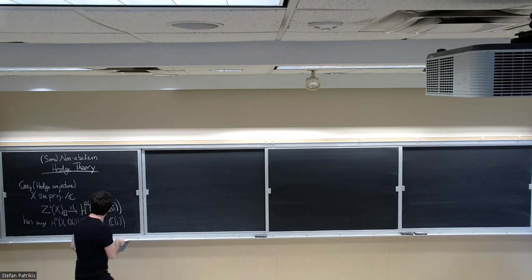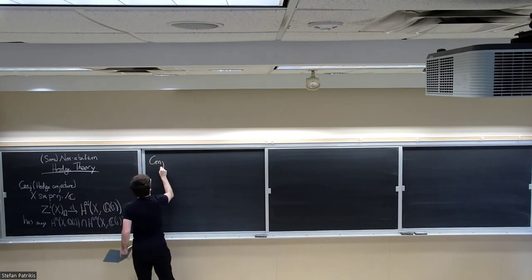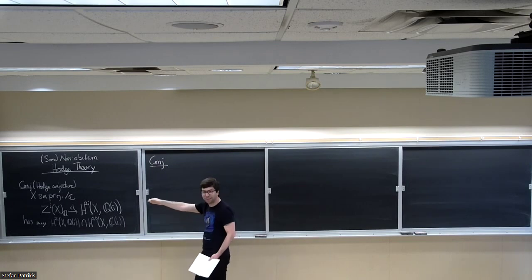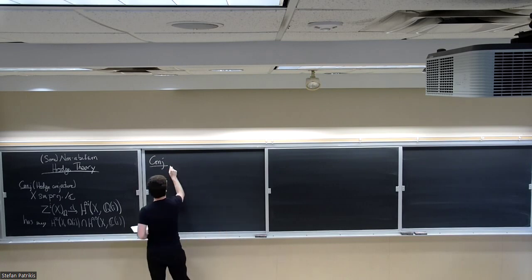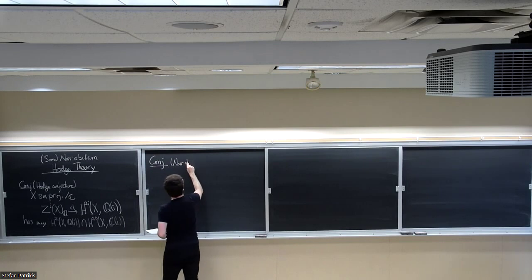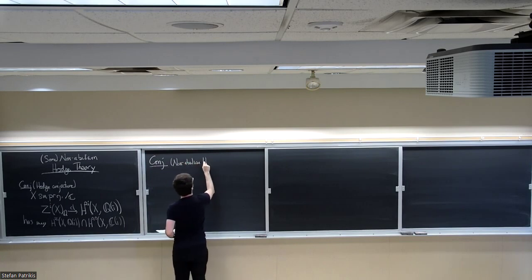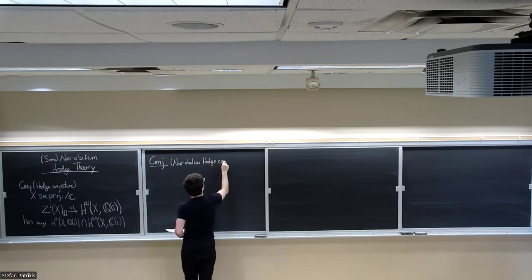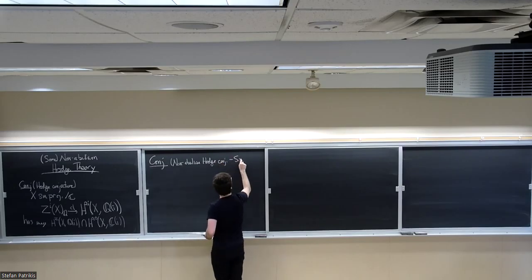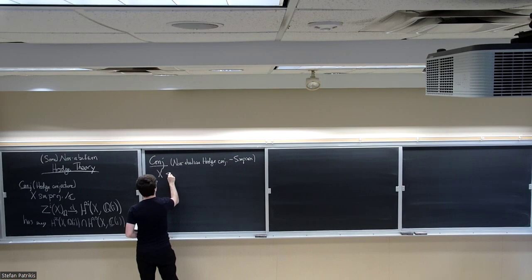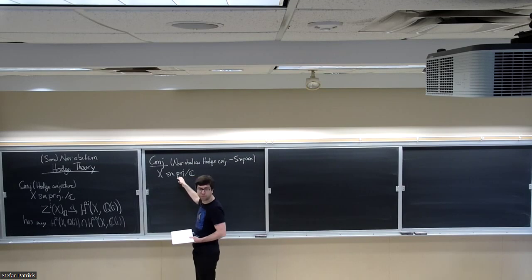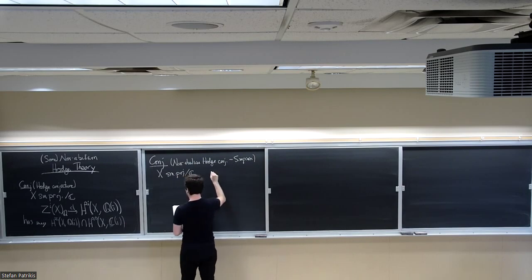Okay, so let me tell you what the non-abelian analog is, and it's going to look totally different, and then I'm going to introduce a lot of stuff that will let us make these two things look the same. So what is the non-abelian version? Let me call this, grandiosely, the non-abelian Hodge conjecture, due to Simpson. Again, X is going to be a smooth projective variety over C. You can make the exact same conjecture I'm going to write for quasi-projective varieties, but let me not say anything about it. So the statement is that any local system